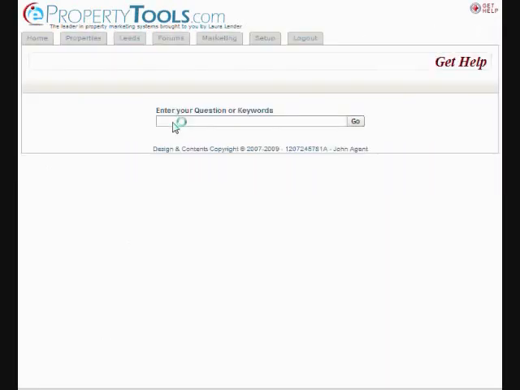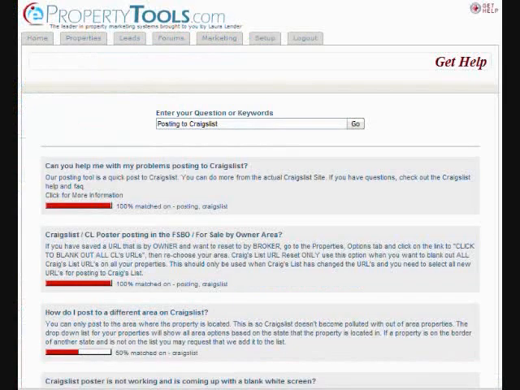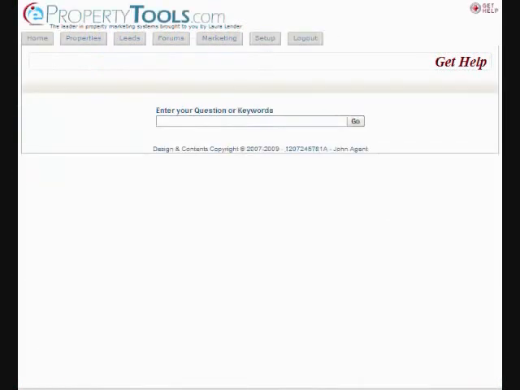When you click on the Search FAQ, you'll be able to search questions. For instance, posting to Craigslist. And various answers will come up with different percentage match. And hopefully your question's been answered this way. If it hasn't, then of course you can just go ahead and go back to our